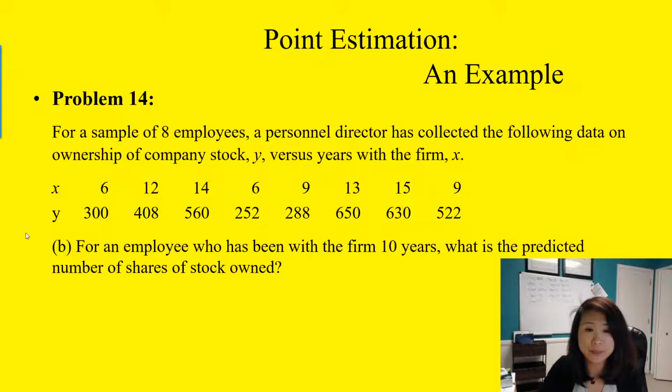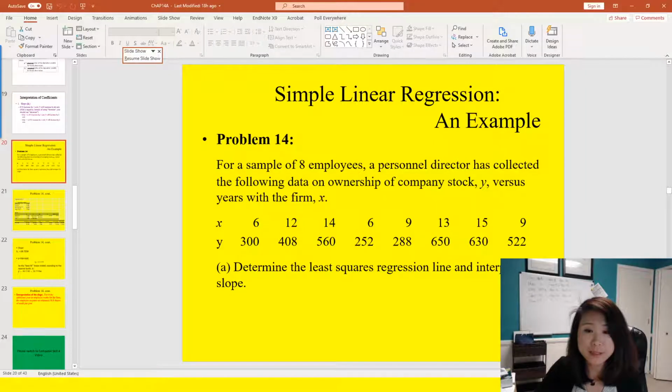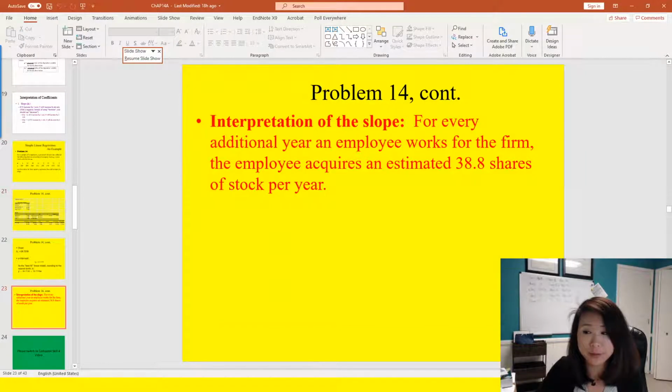This example is about the employees, and we look at the relationship between the number of years they worked for the firm and how many shares they are holding. So basically the x variable is the year and the y variable is the number of shares they hold. In chapter 14 part A, we already estimated the equation, right? So we already estimated the equation, and we concluded that